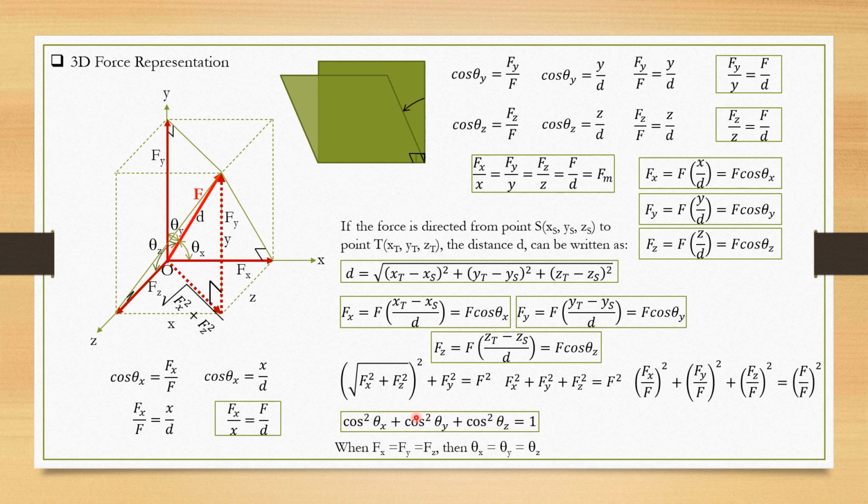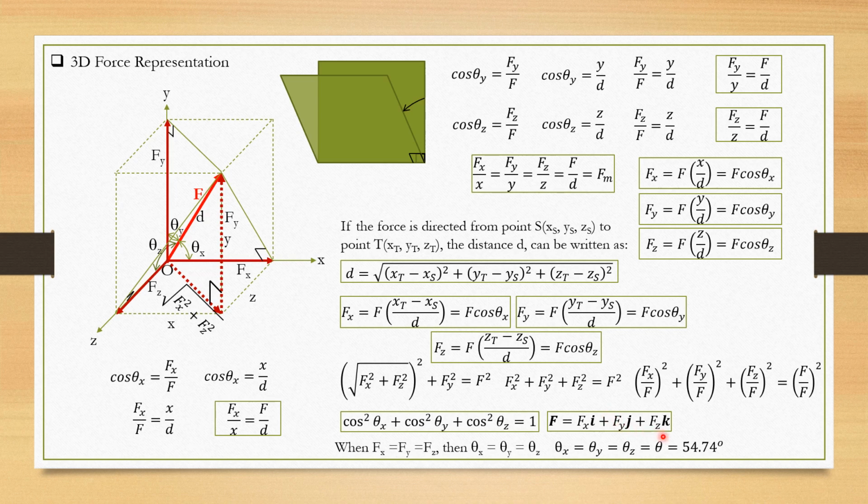we can combine them and write them as 3 cosine square of theta equals 1. So therefore, theta is inverse cosine of 1 over square root of 3, and we will get 54.74 degrees, that equal angle there. So this is computed from this equation here when all these three angles are equal. So inverse cosine of 1 over square root of 3. That's 54.74 degrees. So in vector form, the resultant or the force is equal to